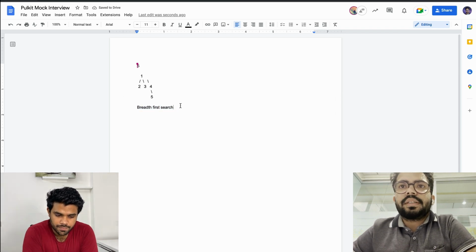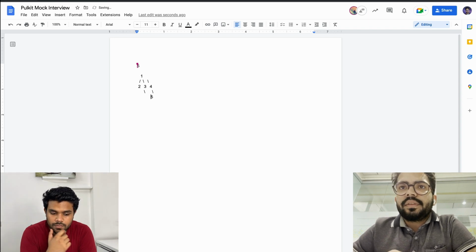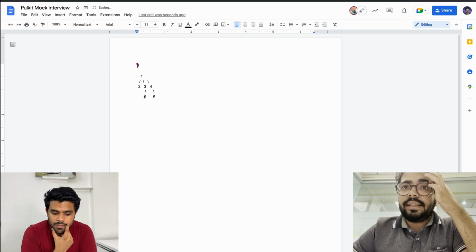Okay. But the thing is that in BFS, let's say there was this node 6 also. Earlier I was just thinking that once the nodes of one level are completed, then the nodes from the next level should start, right? Yes.